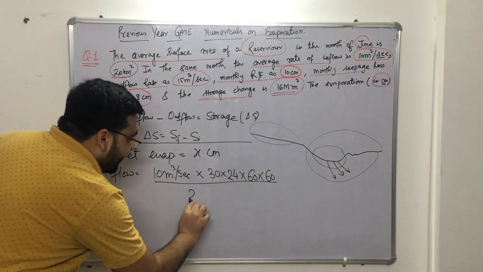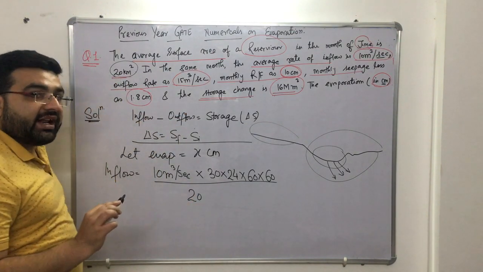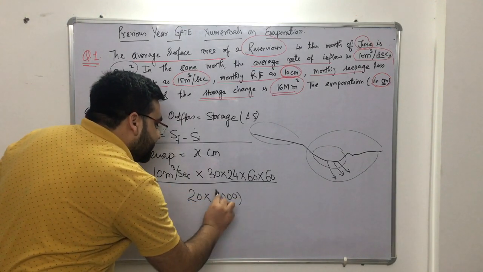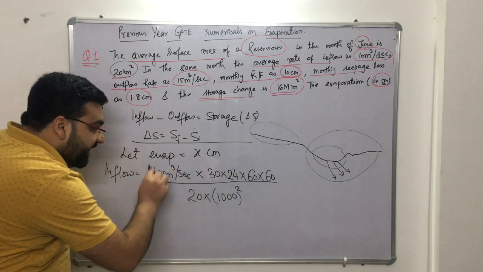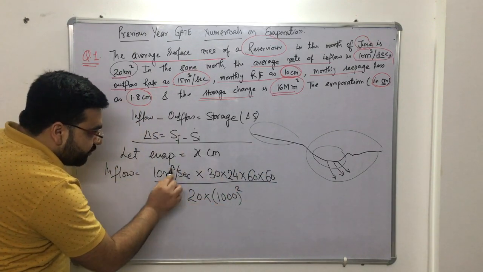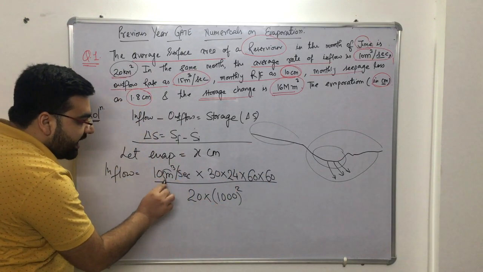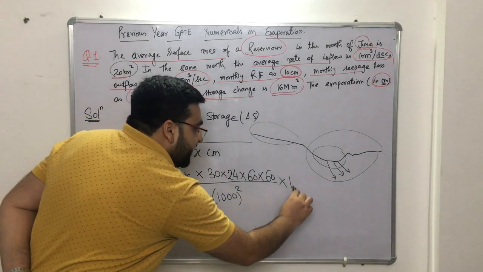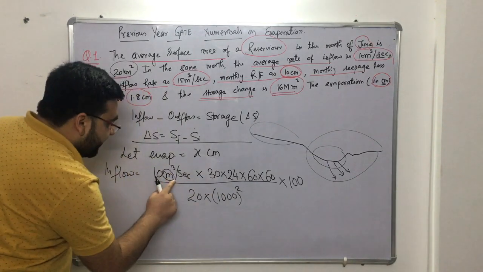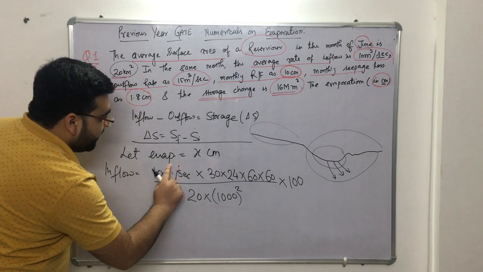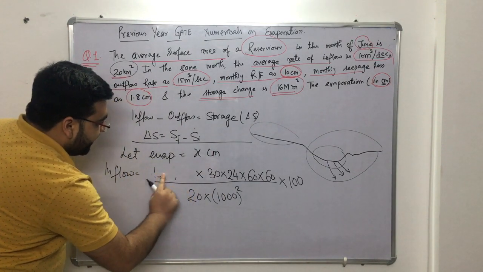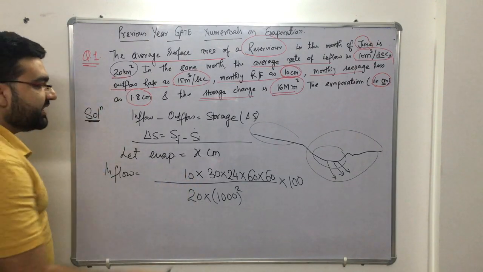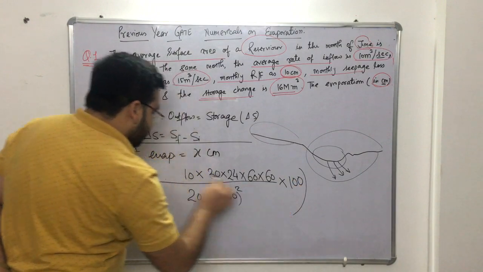So this is 20 kilometers square. So 1 kilometer has 1000 meters. That is 1000 square. This will be meters because meter square got cancelled out. I have got the answer in meter. To convert meter into centimeter, I have to multiply it with 100 also. So let me rub the units now. Right? This was 10 meter cube per second. So 10 into this much. This is the inflow in centimeters.